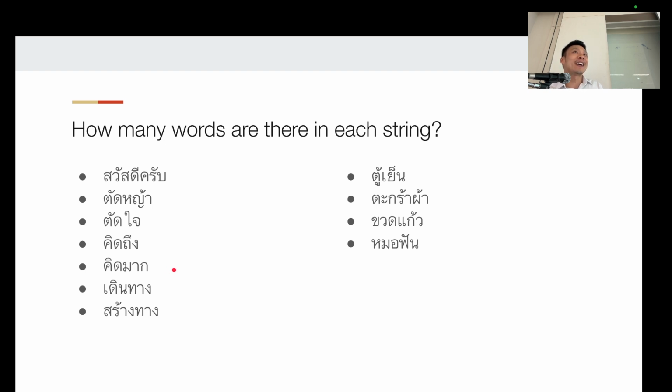Okay, all right. We can think of มาก as an adverb and คิด is a verb, so there are two different words that make a phrase, right? What about เดินทาง? Definitely one word, right? They are very different meaning, not compositional. สร้างทางนะครับ, two, so you build a path, build a way. Okay, that's great. All right, okay, what about on the right? ตู้เย็น, it's one word. ตะกร้าผ้า